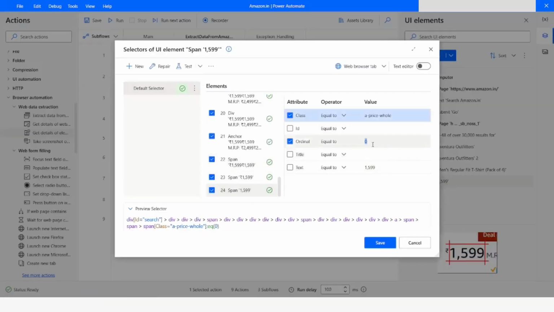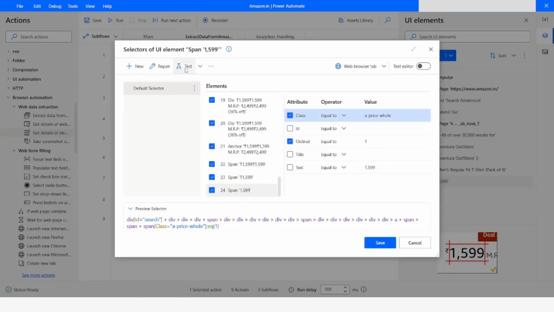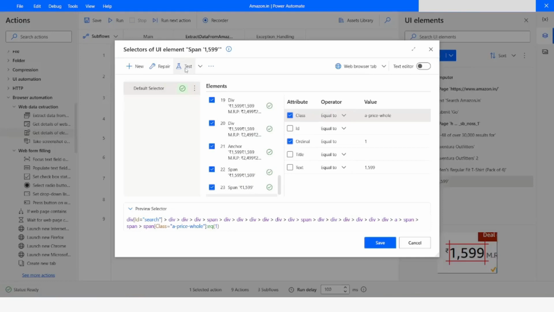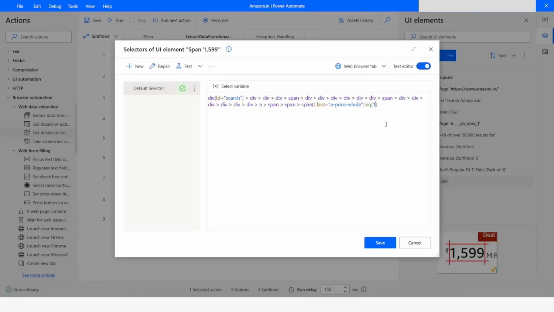Now if I change the index of it, it should go to the next search result. So this selector is working fine. I will enable text editor and I will specify the loop index so that it is dynamically able to pick the value from the price span. I will click on save